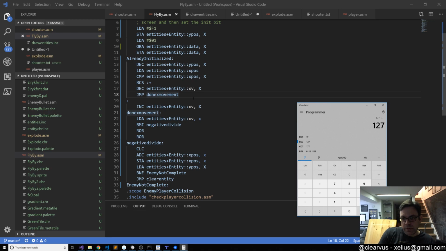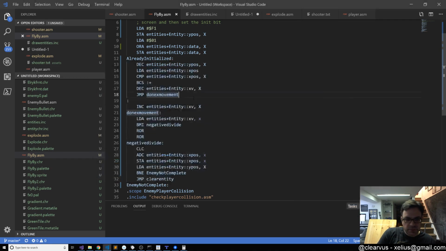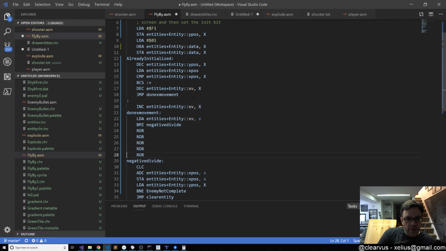I want it to be no more than like 3 pixels, so 42. So divide by 32, so that's 5 shifts. 3, 4, 5. For negative divide,